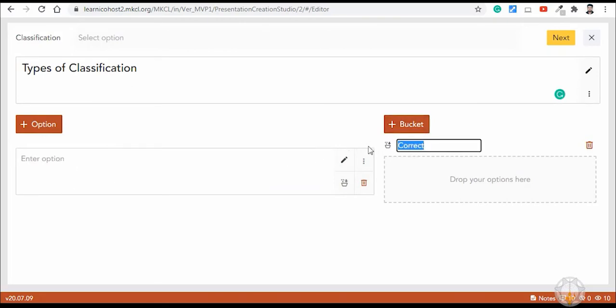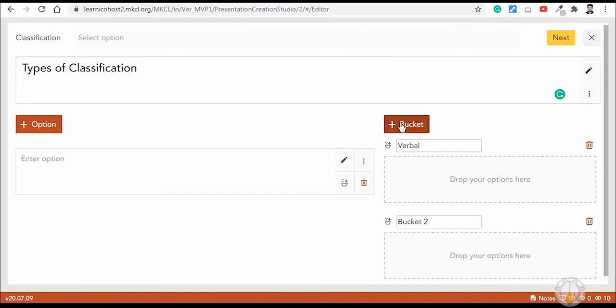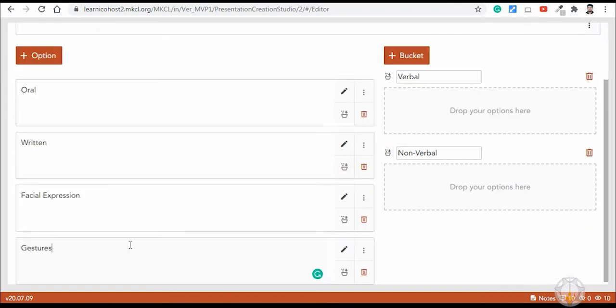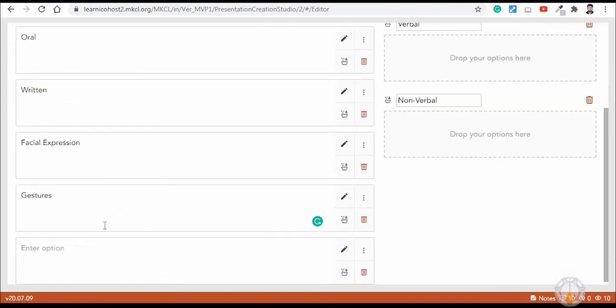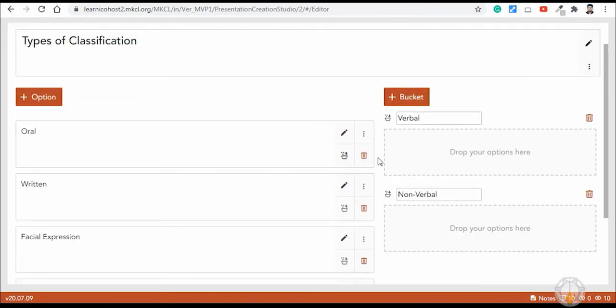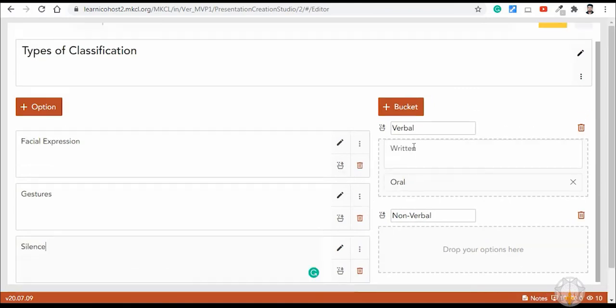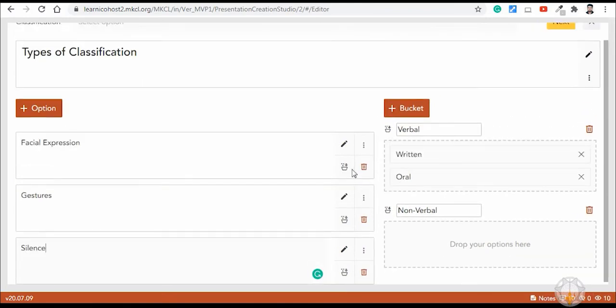Create buckets as per classification types. Drop options in an appropriate bucket and save the question.